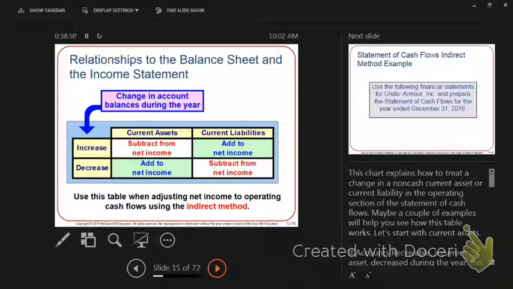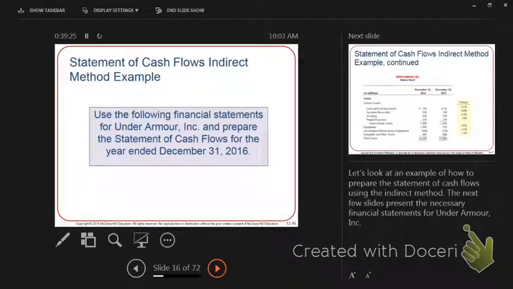So this is a nice grid to look at. All right, if current assets are going up, you subtract it from net income. If current assets are going down, you add it. So assets are the opposite. Liabilities are the same. Assets are the opposite, liabilities are the same. Depreciation and amortization are always added. It's the first thing you do. Go find depreciation, see what you can do with it. All right, so let's do a quick